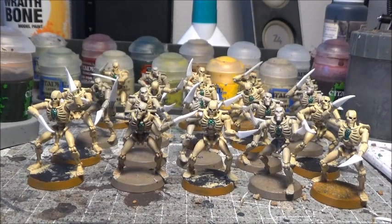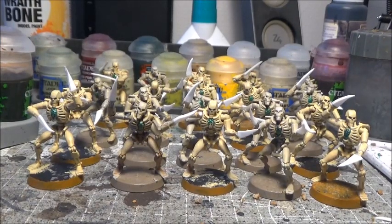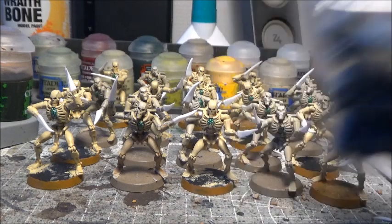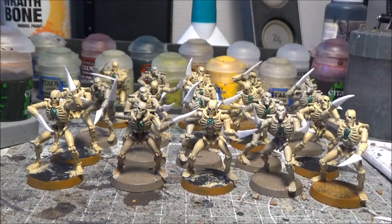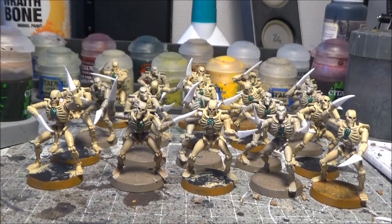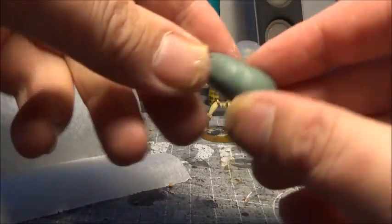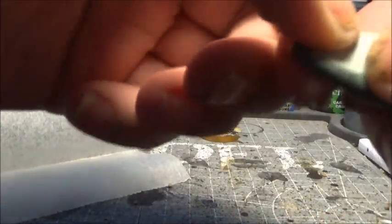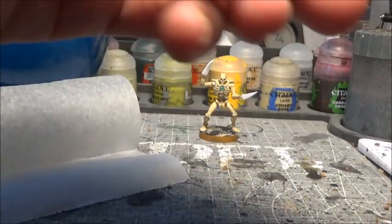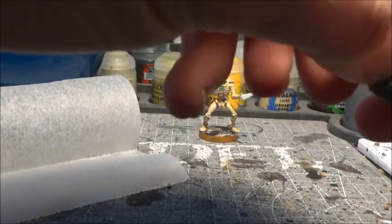So, now that they all have claws, it's time to get some of that flayed skin on them to make them really look like Flayed Ones. So for that, I have some green stuff. And just to make it visible what I'm doing, we're going to work on a single Flayed One for this and do the rest off camera. So I made a good large chunk of green stuff because we have a lot of Flayed Ones to go through. Now I'm just going to take a little bit of it,